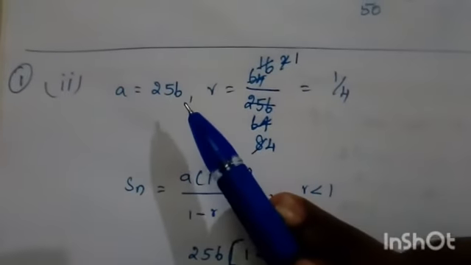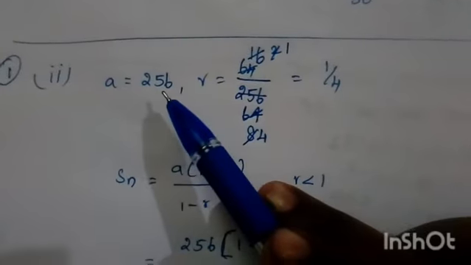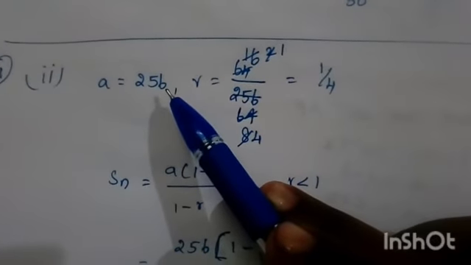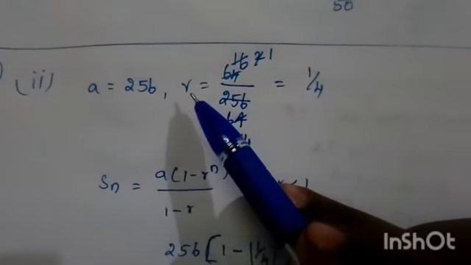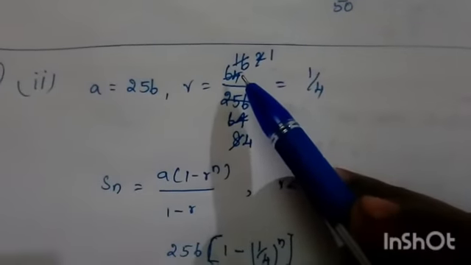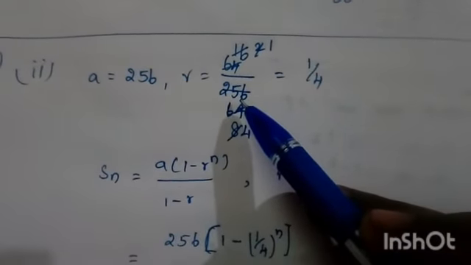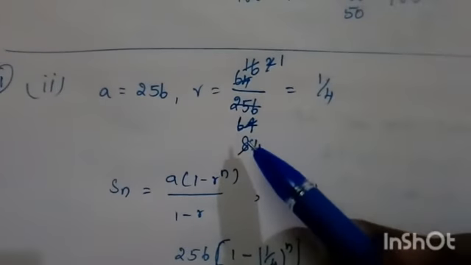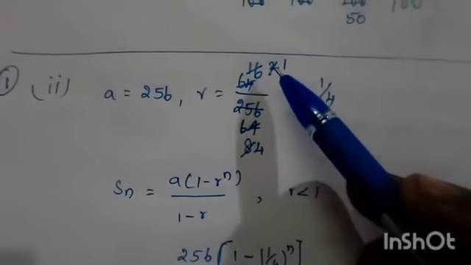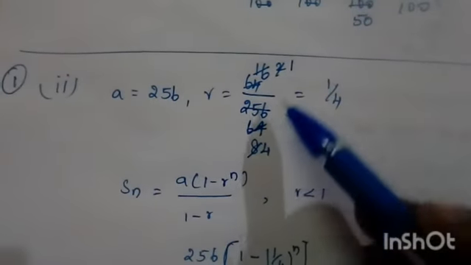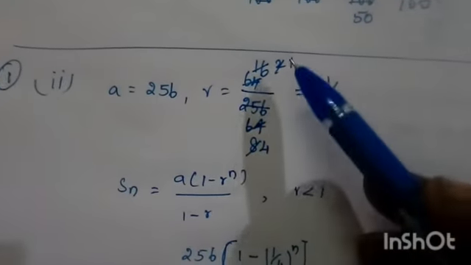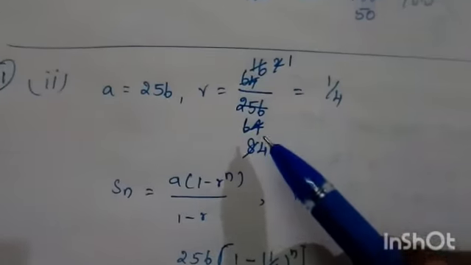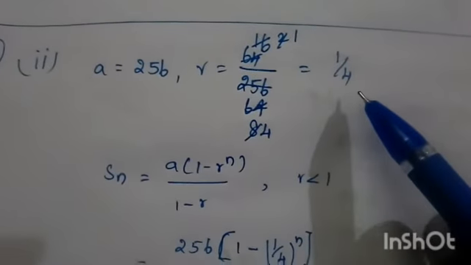Second problem, for that series, the first term a is 256. The common ratio is the second term divided by the first term. The second term is 64, so 64 by 256. Using the 4 table, 4 times 16 is 64, then the 8 table, 2 times is 16, 8 times is 64... then again 4 ones are 4. Any other tables that are possible, you can use. So the common ratio is 1 by 4.